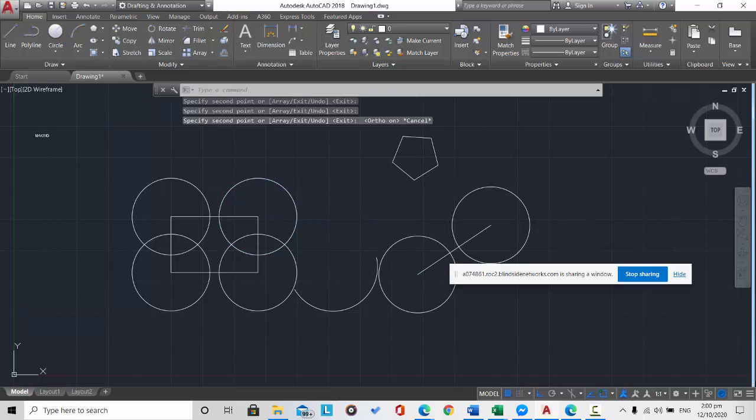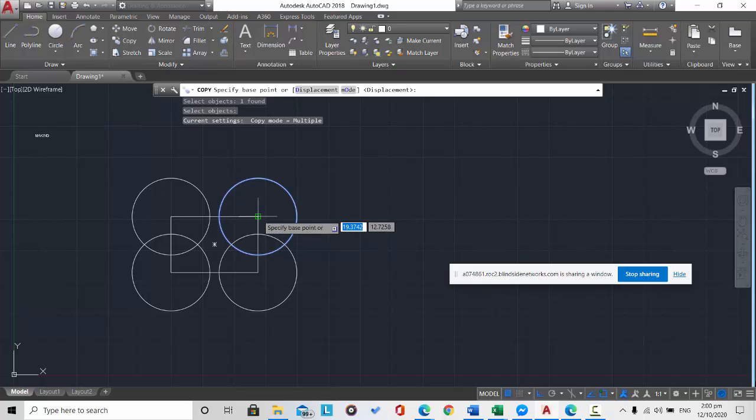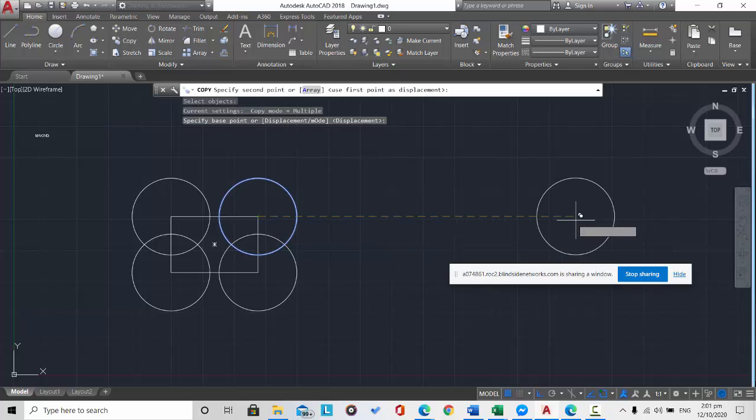Like for example, I will try to erase this. Erase natin to. And this one also, I will try to erase this. And this one, okay? So I will move the circle, or I will copy the circle. So select it and press enter, and then I will choose the base point here, which is my center, okay? And then I will try to move it here